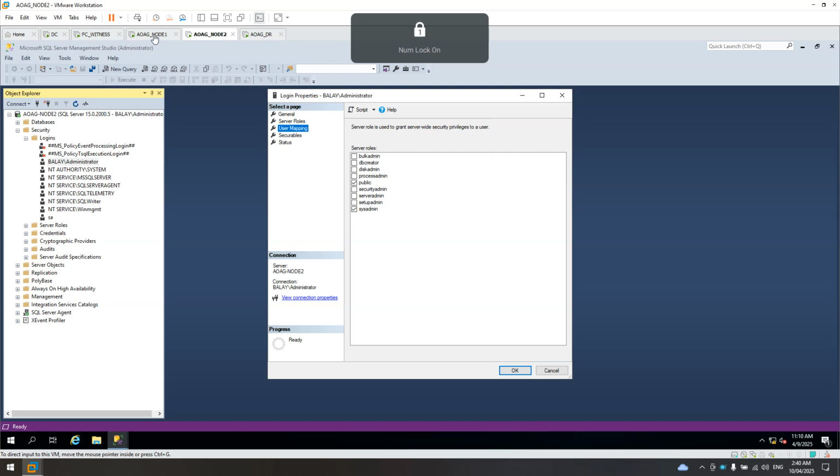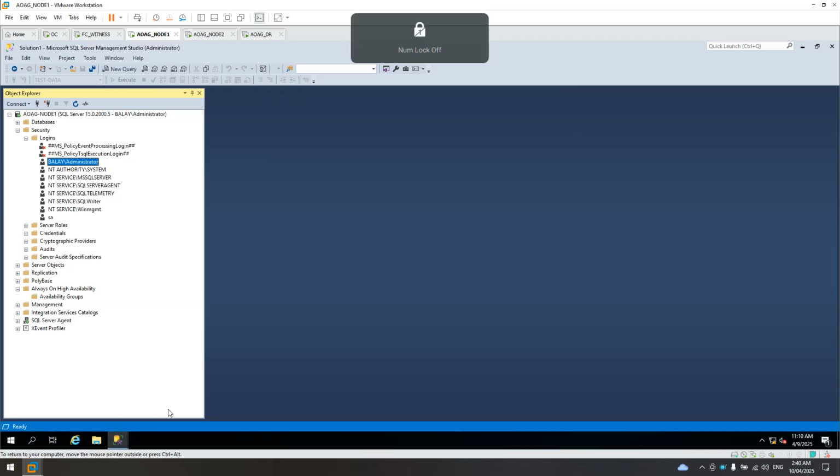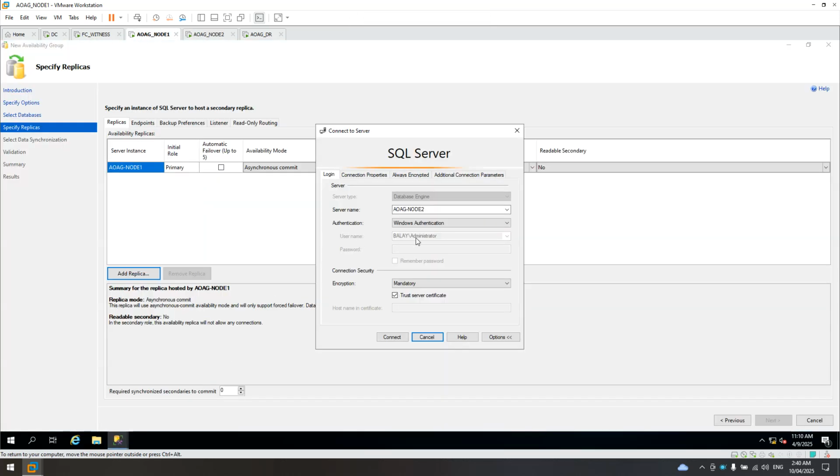Okay, then why are we not able to add node 2 to the administrator? Let's see the error first.